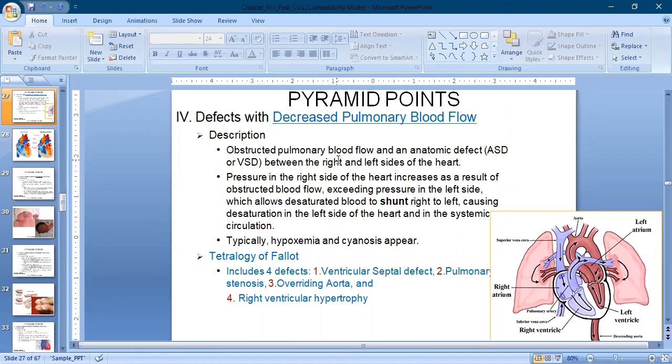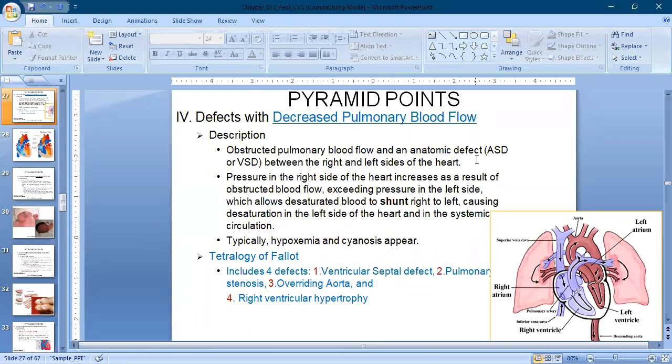Obstructed pulmonary blood flow and anatomical defect. This is called ASD, and VSD is an anatomical defect. But for obstructive pulmonary defects, what we discussed a few minutes ago: coarctation of the aorta, pulmonary stenosis, or aortic stenosis. So another major problem of the baby is called